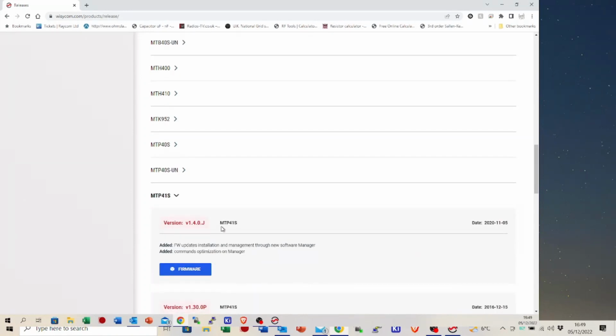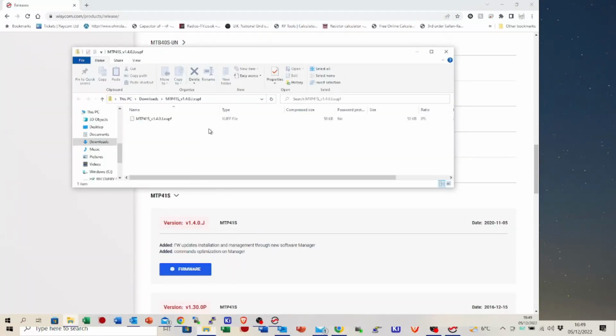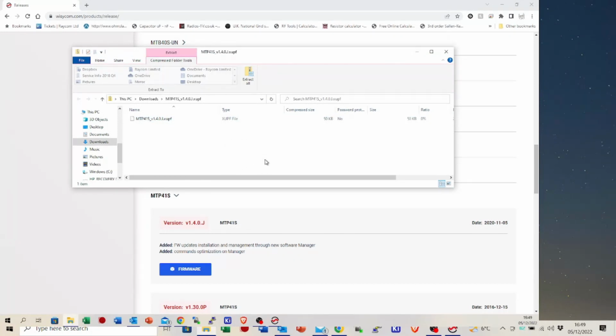There's version 140J. Click on the firmware button. That will start a download. There's our download. It's automatically opened on this system. I'm going to click the Extract All button,